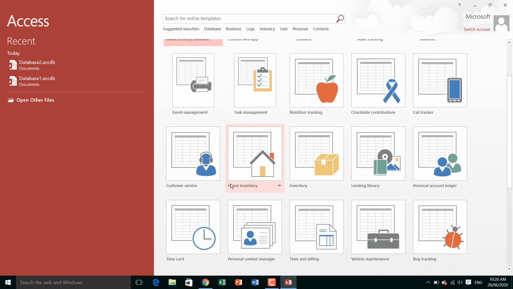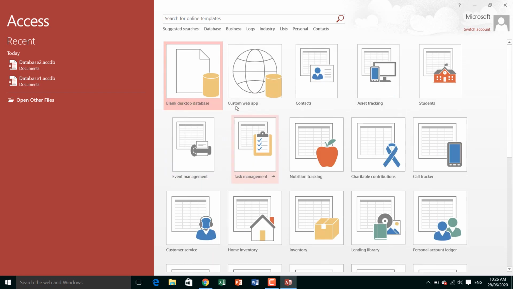In a template, the column numbers and column names are already given, so you can just put your data in the already created table. But we are not using this kind of template; we are using a blank desktop database.